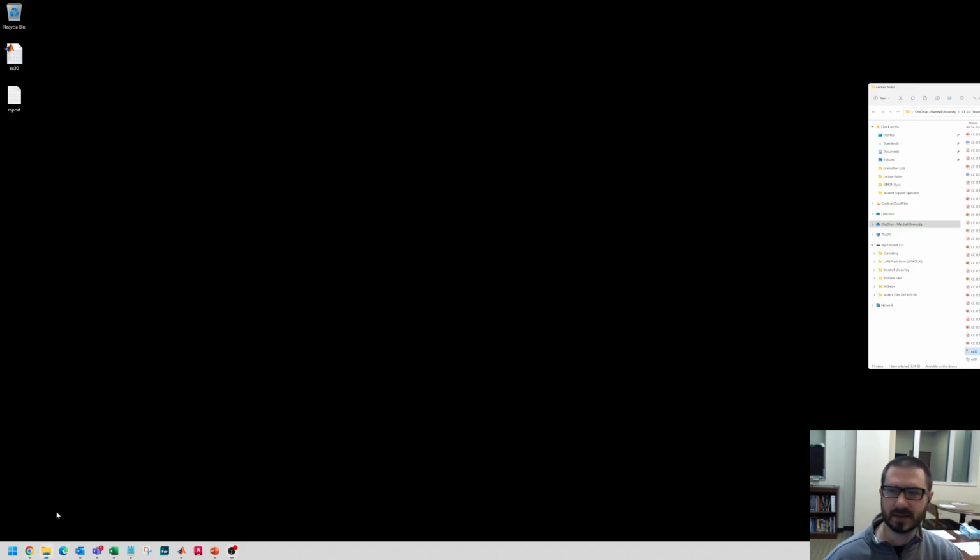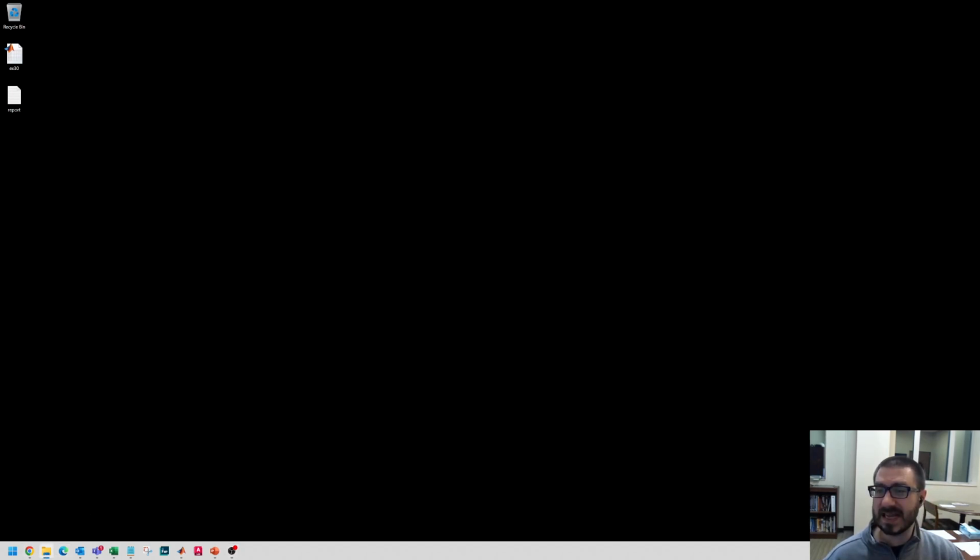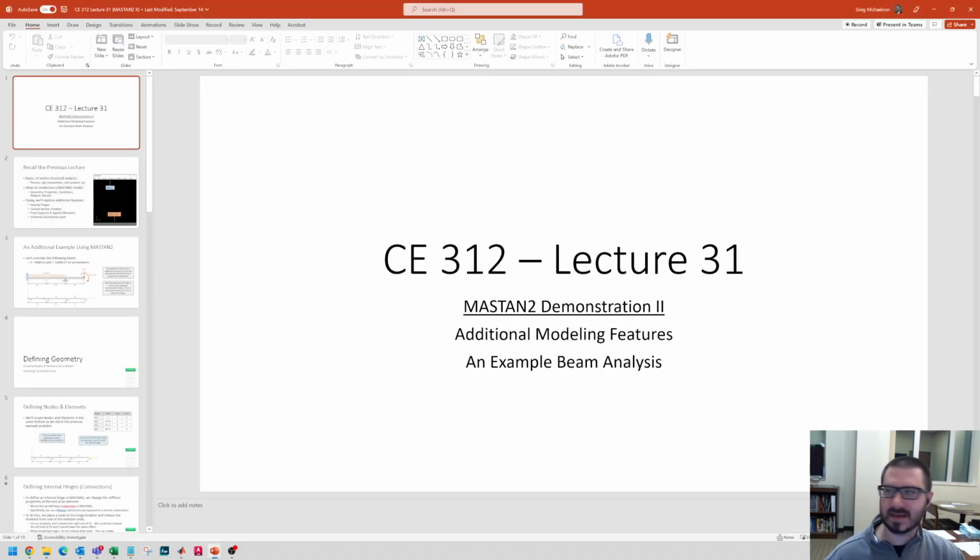So what we're going to be doing is looking at our second example in Mastan. Essentially what we're trying to do in this example is explore some additional features that we didn't utilize in the first. For example, in the first example, we were looking at a truss. Now we're looking at a beam or a frame or flexural element. In the last example, we had loads applied only at the joints. That's not going to be the case here. We're going to have concentrated moments, fixed supports, internal hinges, custom sections, everything basically that we didn't cover in the first example